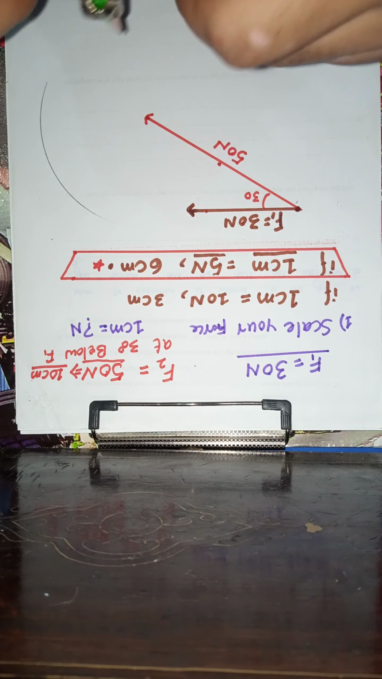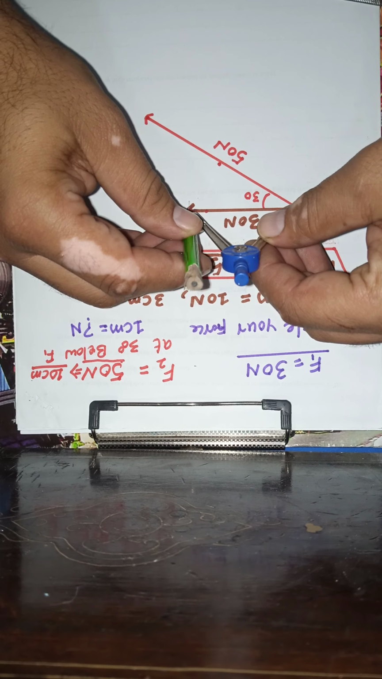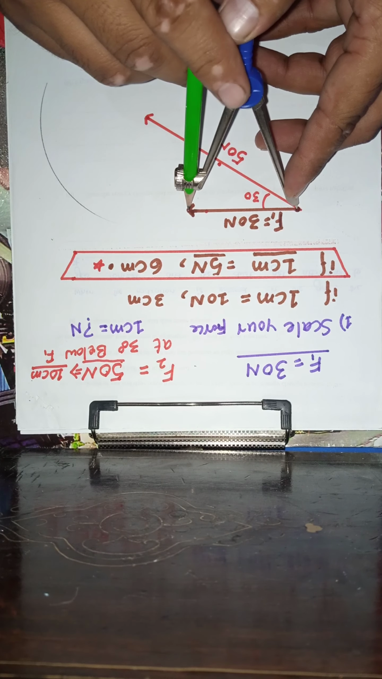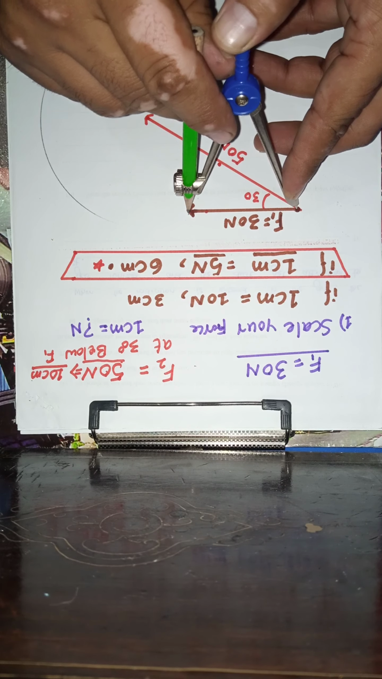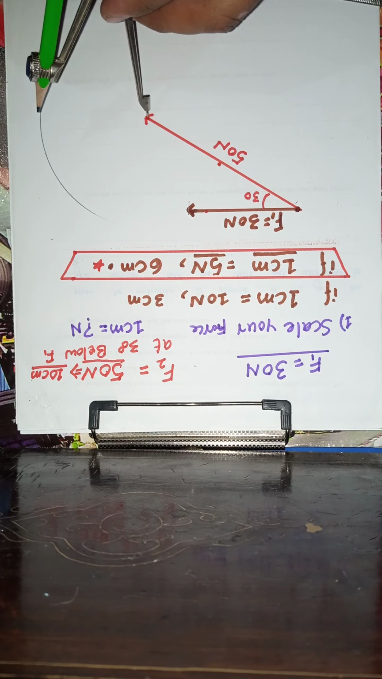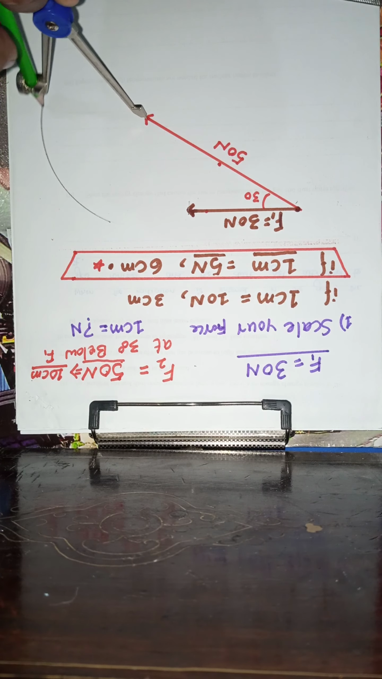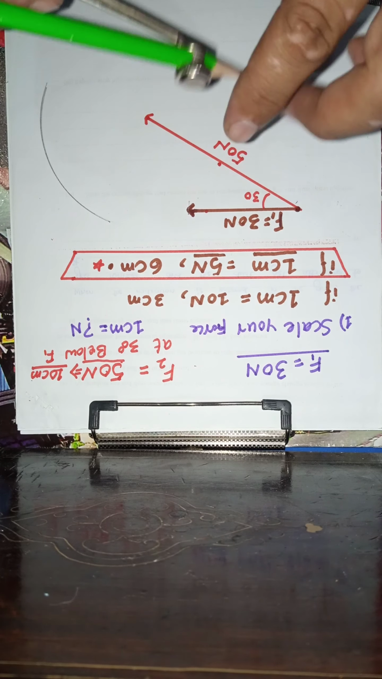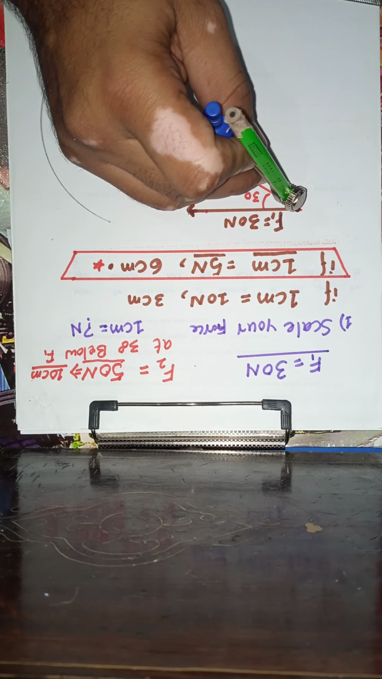Okay, I will repeat this. First, you have to open the compass equal to the length of this first vector, 30 newton, I mean 6 centimeter. Then put it on the head of second, and then draw an arc. This is an arc. Now you have to open your compass equal to the length of second vector, which is